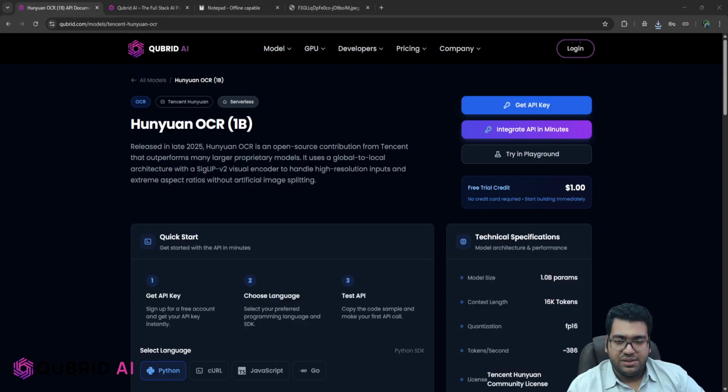In today's tutorial, we'll be understanding how to use the Hunyuan OCR model free of cost with the 4 million tokens we provide to every user who signs up on Qubrid. Now, this model is an OCR model which has 1 billion parameters. It's an open source model from Tencent and it's outperforming many large proprietary models. That's why many developers are choosing this to integrate into their AI applications and get the preferred results which they